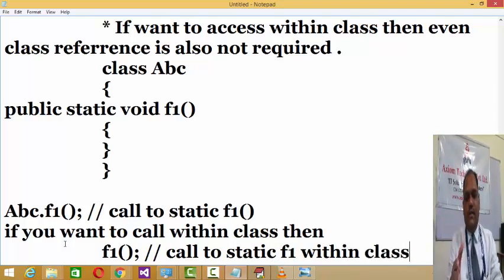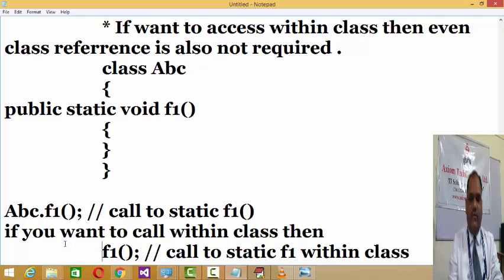As it belongs to the class and it is a static type of method, if you want to refer to it within the class, then no class reference is required. If you write the class reference, it will not create a problem. But class reference is required only when you are accessing it from outside the class scope. But if you are accessing within the class, if the static method is there, then it can be directly referred to, or it can be referred to by the class name as well.